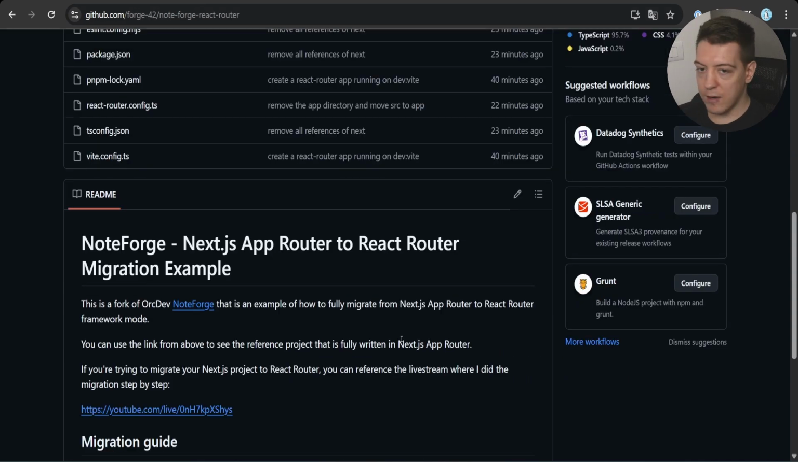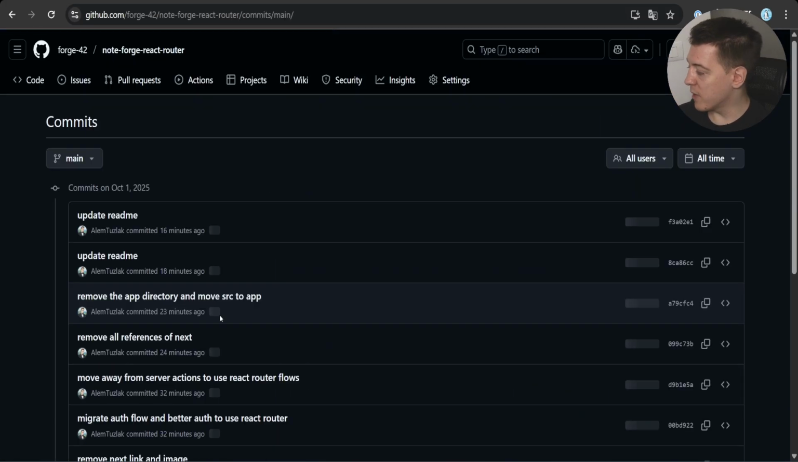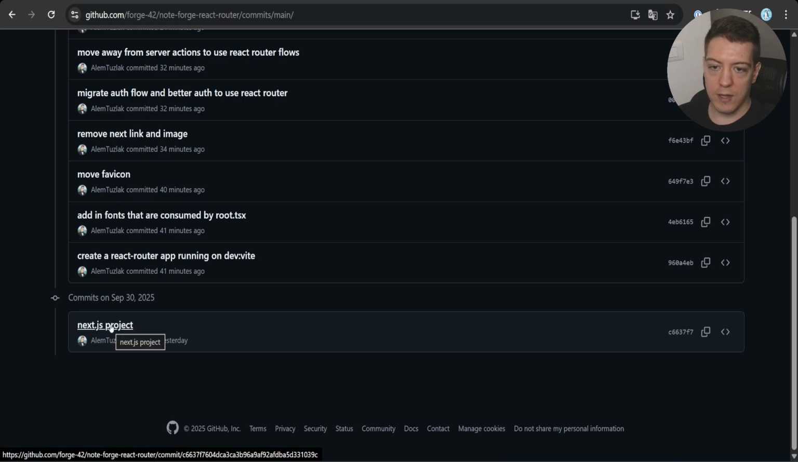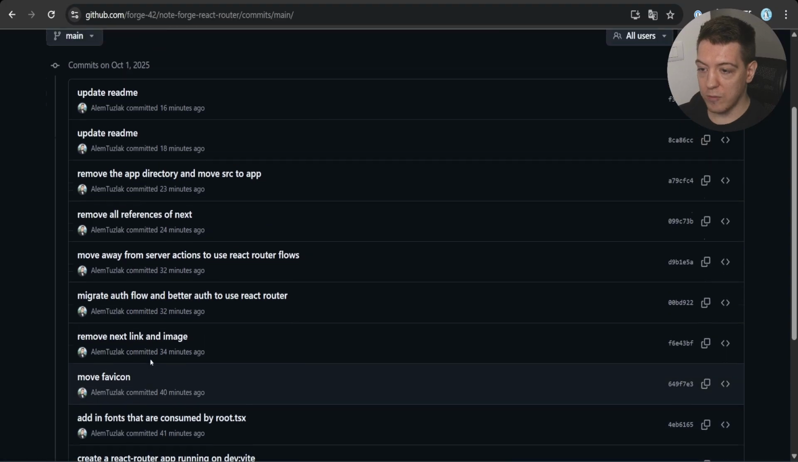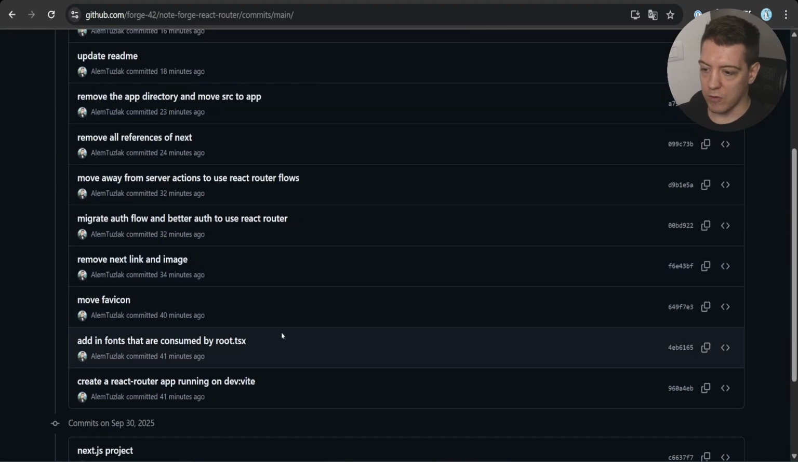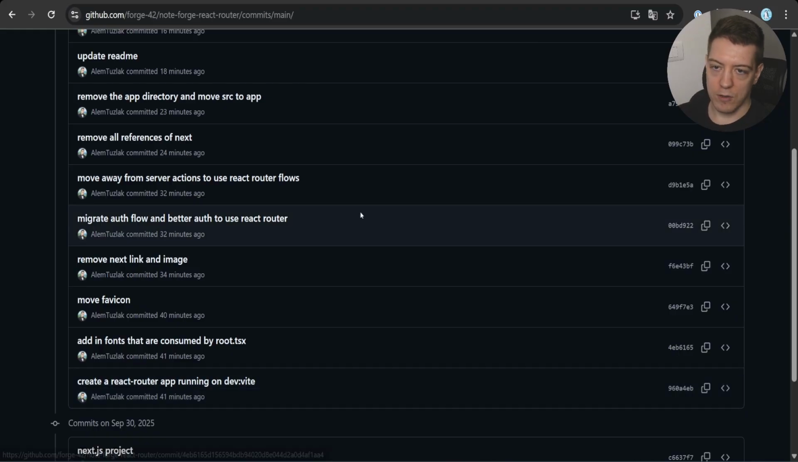And what I've done here is after I've finished migration, I've created commits to basically take you one step at a time of what you need to do. And this is the initial commit that's the Next.js project, so the reference repository. And all of these commits basically show you how to migrate step by step. So for example, you have the create a React Router app running on dev, and you go from there. So that is what we are going to go through,